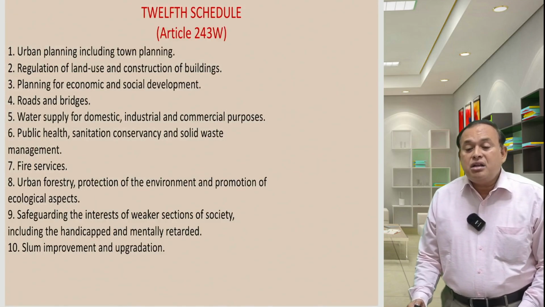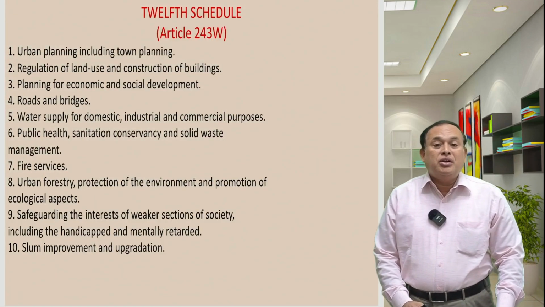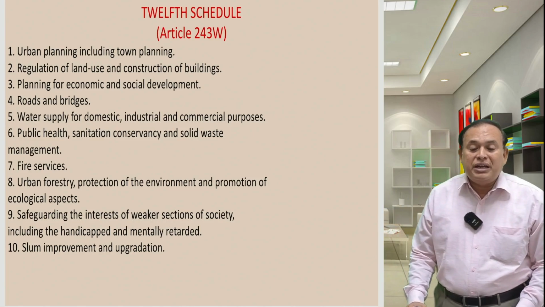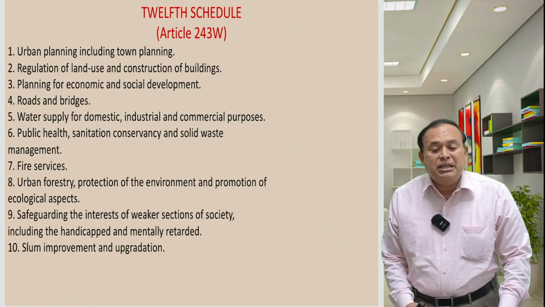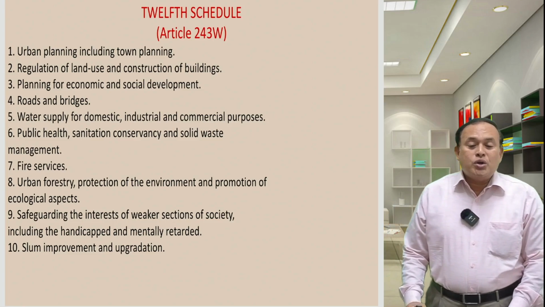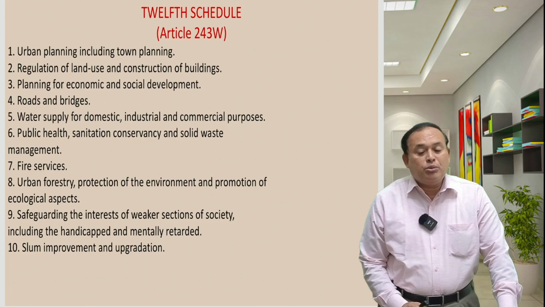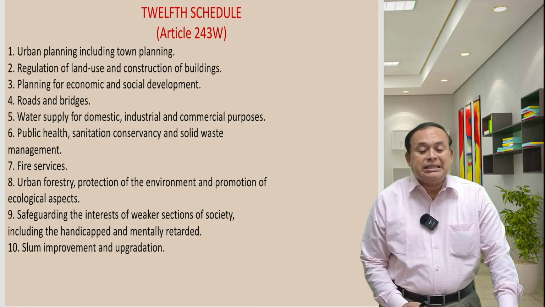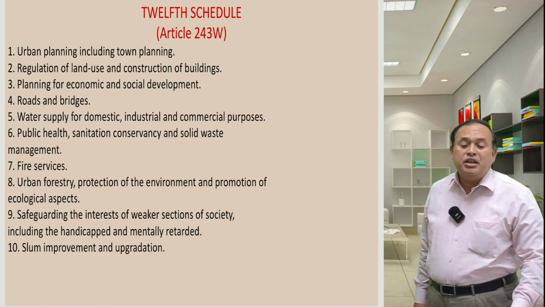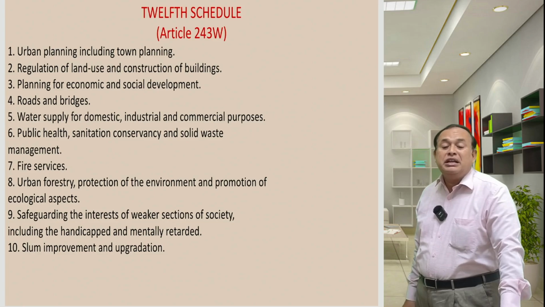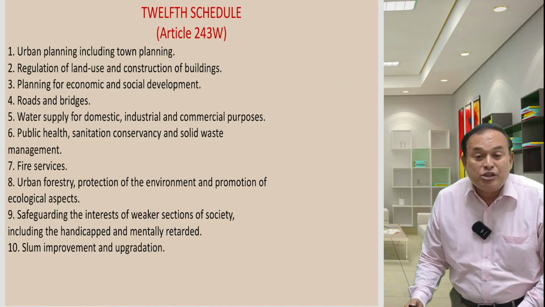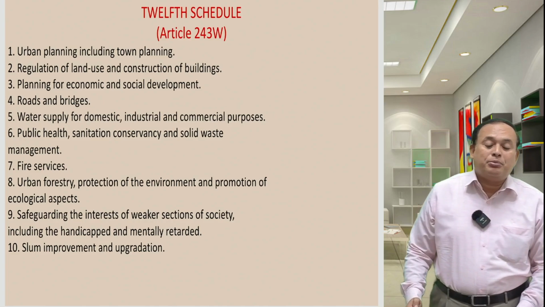Or otherwise, Article 243W of the Constitution, where the list of services includes urban planning including town planning, regulation of land use and construction of buildings, planning for economic and social development, roads and bridges, water supply for domestic, industrial, and commercial purposes, public health, sanitation, conservation, and solid waste management, fire services, urban forestry, protection of the environment and promotion of ecological aspects, safeguarding the interest of the weaker sections of society, including the handicapped and mentally retarded persons, slum